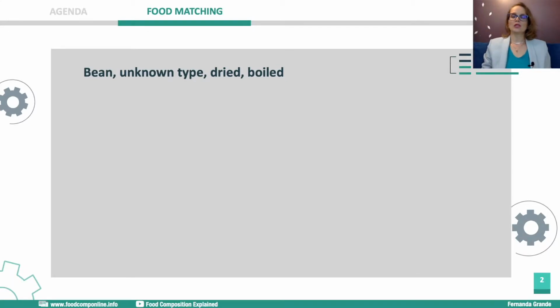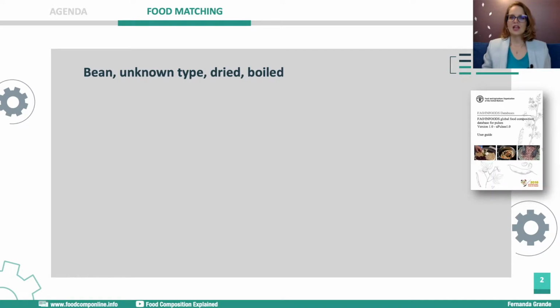Foods may not be precisely described in food consumption surveys, especially in household surveys. But of course the details included in the food description vary a lot among the different surveys, depending on their characteristics and purpose. So having that said, let's suppose that we find this food in a food consumption survey, being unknown type, dried, boiled,